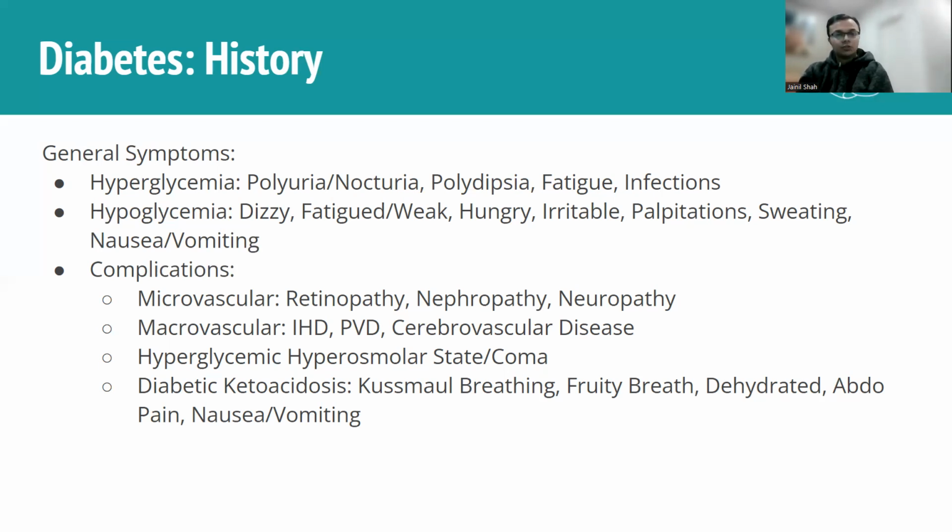With diabetic ketoacidosis, what's happening here is that your body is unable to take the glucose in your blood and put it into the cells. And so what happens is the cells are starved of glucose and instead have to start mobilizing fatty acids and turning those into ketones to put into the Krebs cycle and use to create energy. Now, a consequence of that is that you're going to have the ketones in your blood rising because your body is converting those fatty acids into ketones and sending them out to different parts of the body for them to be used. And so you're going to have ketoacidosis because ketones are acidic and they're going to make your blood